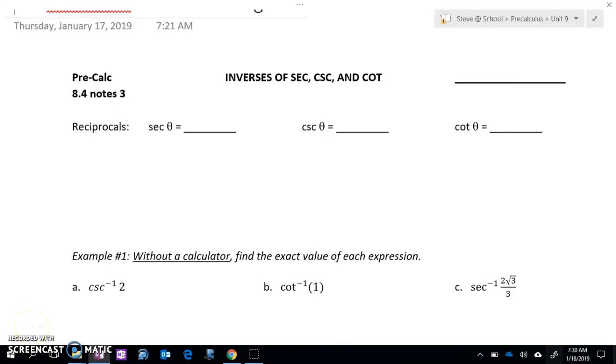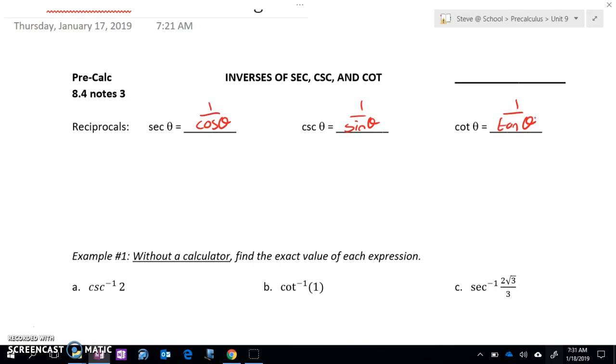Alright class, today we are going to do inverses of secant, cosecant, and cotangent, the reciprocal functions of sine, cosine, and tangent. So, first off, just to remind yourselves that secant is 1 over cosine of theta, cosecant is 1 over sine of theta, and cotangent is 1 over tangent of theta. Now, that's when we're looking for the actual values. When we're finding angles, you only have to flip the values,